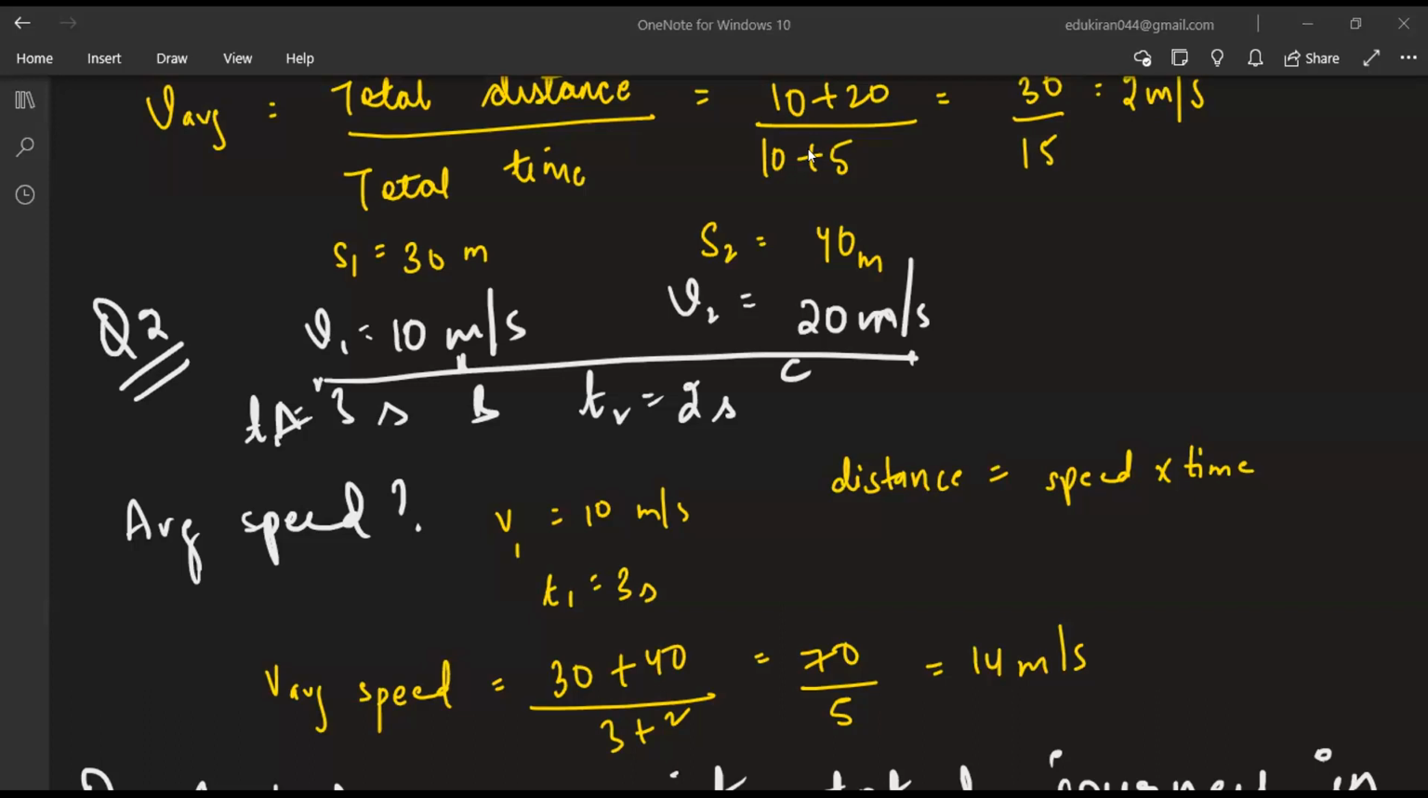Please text done in the chat column once you have written till here. All right, class, just wait for 5